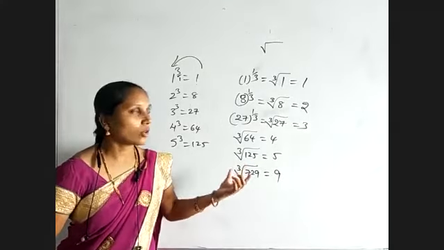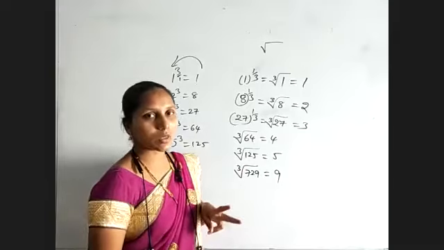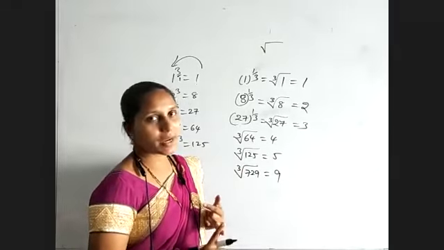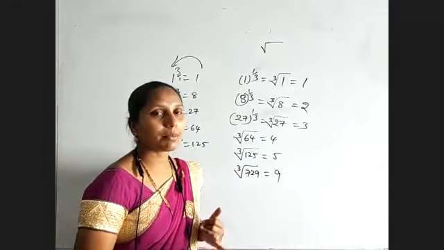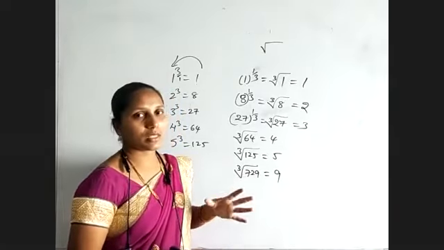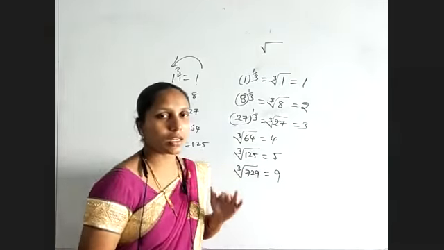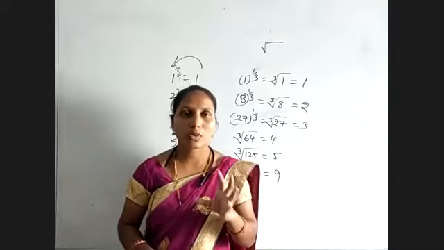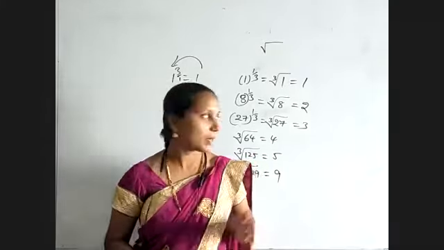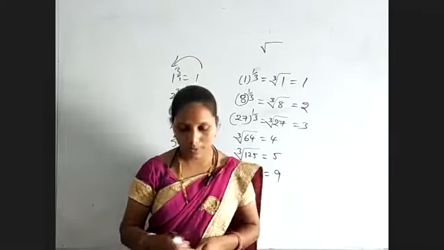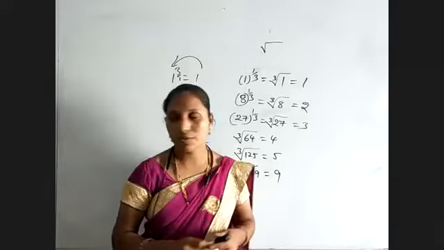And to find the cube root, we have two methods, like square root only. The first method is the prime factorization method. And the second method is the estimation method. For square roots, the second method we did was the division method, but here we will estimate. Okay. Two examples we will see further.